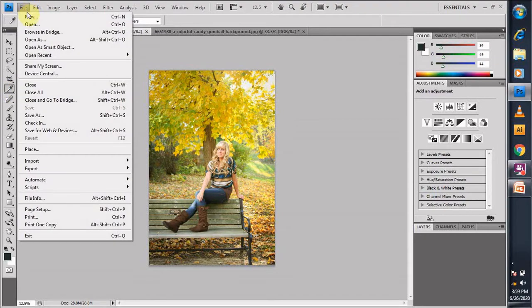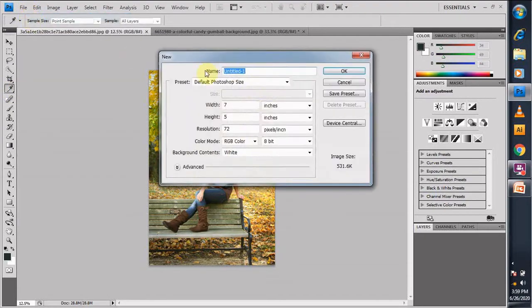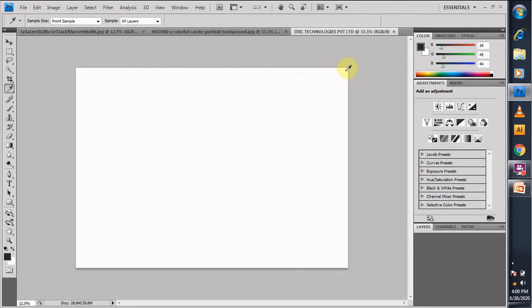For example, I'll take a new file. For this I go to file and click on new, and I name it ITRC Technologies Private Limited, and I increase the resolution and I click OK.